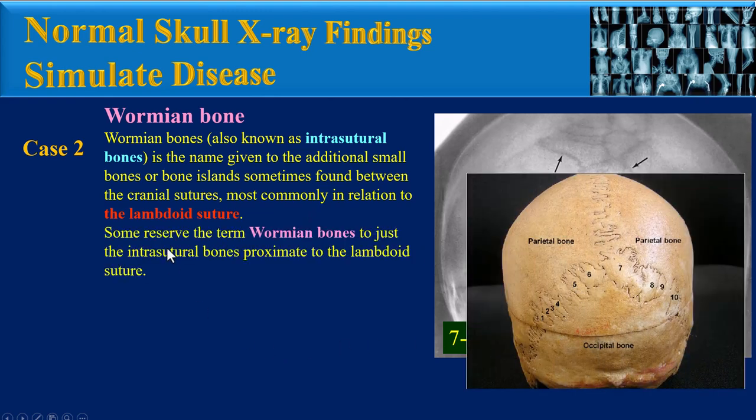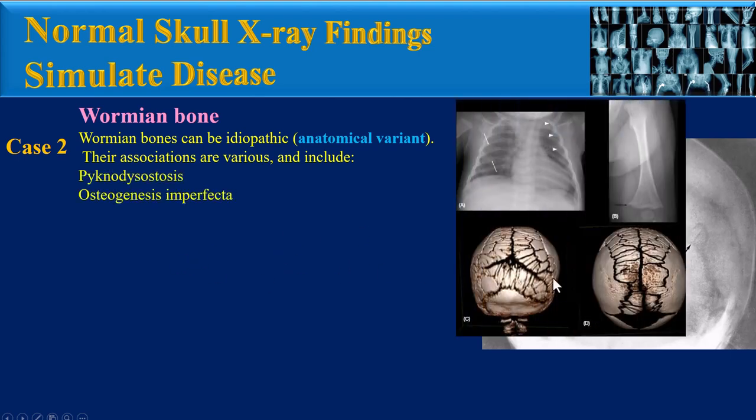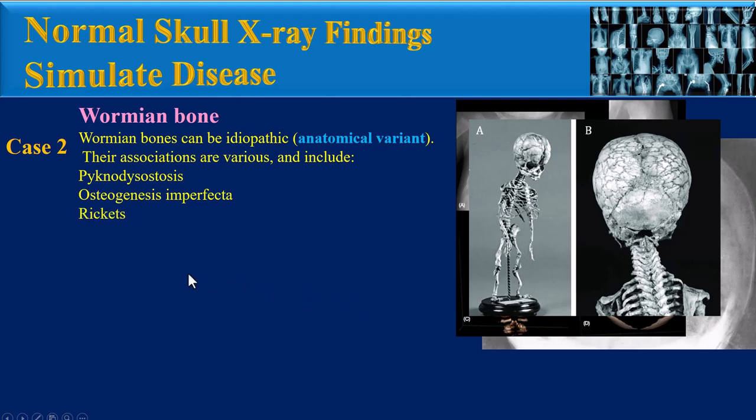Some references reserve the term Wormian bones to just the intrasutural bones proximate to the lambdoid suture, and some consider them abnormal only if they are greater than 10 in number. Wormian bones can be idiopathic or an anatomical variant, but there are many associations with them, including